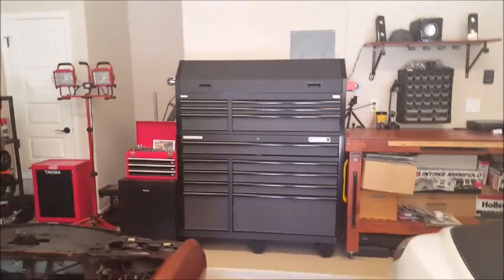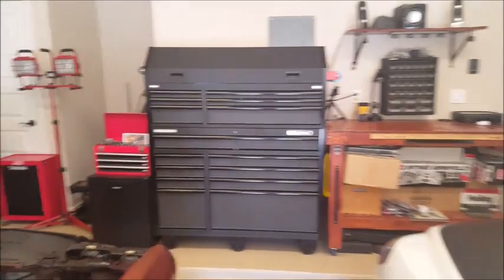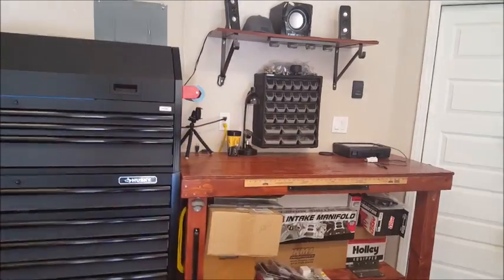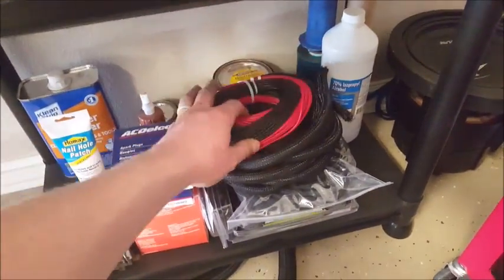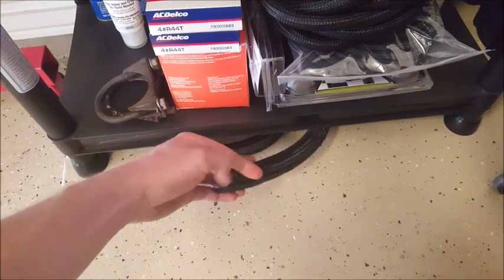Alright, so not much has changed up here. Some stuff has changed over here, but we'll go through that real quick and then get into the main toolbox. So this is basically all my car parts still, and that's just an organizer for screws, bolts, and all that good stuff. Got my stereo system, got my soldering gun over here because I will be doing the rewiring of the engine bay, and I don't want to be using a bunch of butt connectors, so got that. And then I got all the new wiring and everything down here, as well as this braided nylon wire wrap,